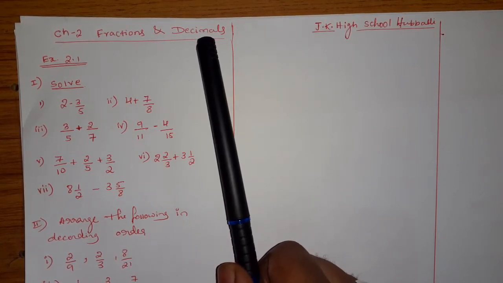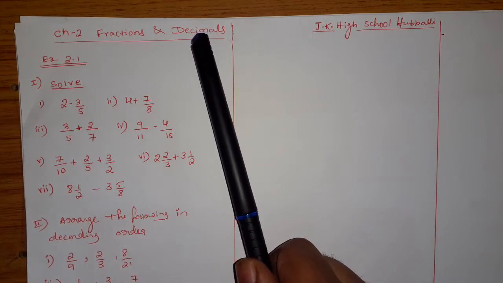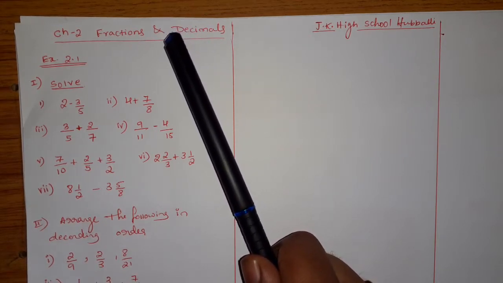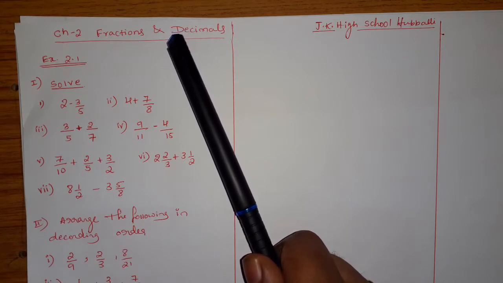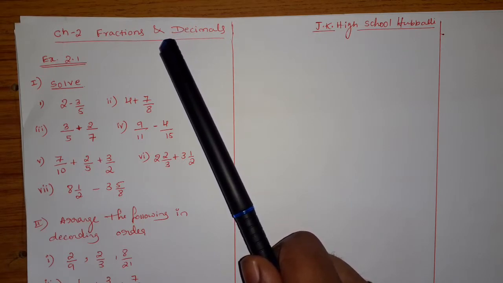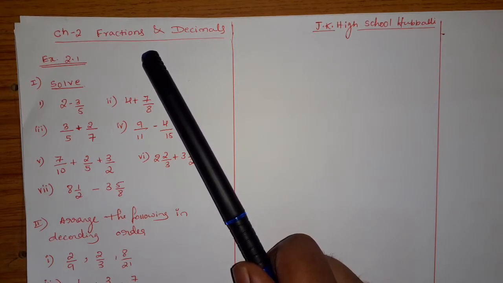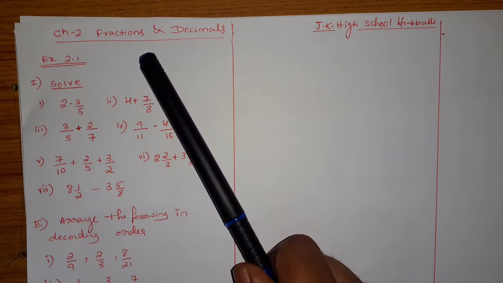Even decimals we studied also, which decimal is larger, okay, how to compare the decimals. All those basics we covered in 6th standard. Once again, the same concepts, with further important concepts, are added in the 7th standard.